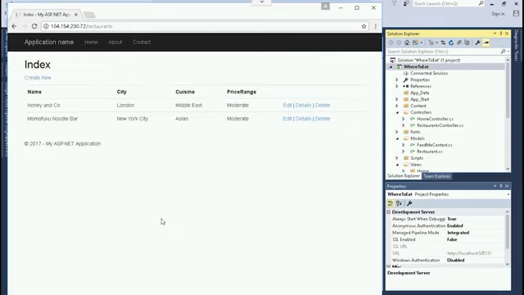You can see we've added a restaurant and it appears in the list. So that completes my demo. We've created a simple ASP.NET MVC application and published it to a Google Compute Engine VM on Google Cloud Platform.